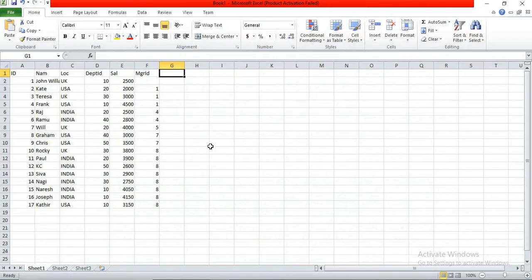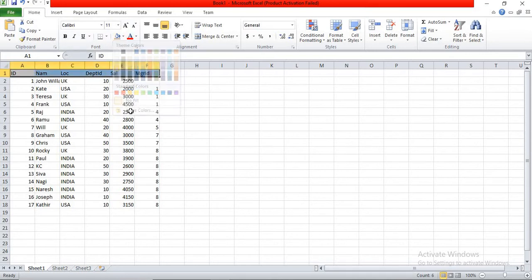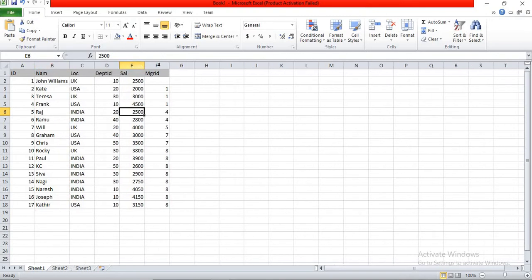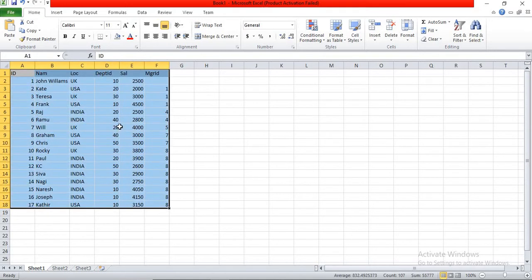I just exported the data of a table into Excel to explain the rank and dense rank. Then I'll apply the same function in PostgreSQL and you'll get the same data. If you see, this is the current table I have in my PostgreSQL database that I just exported. I have around 17 records.